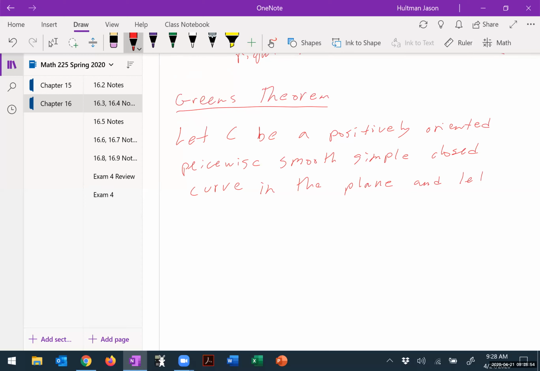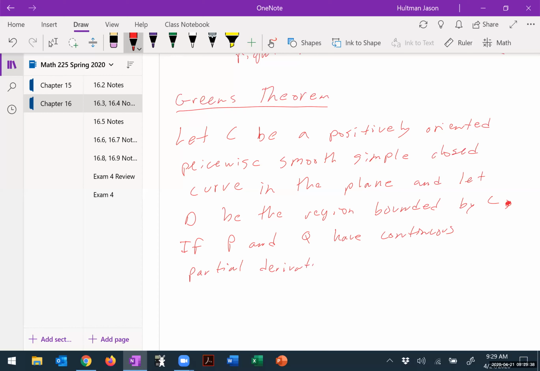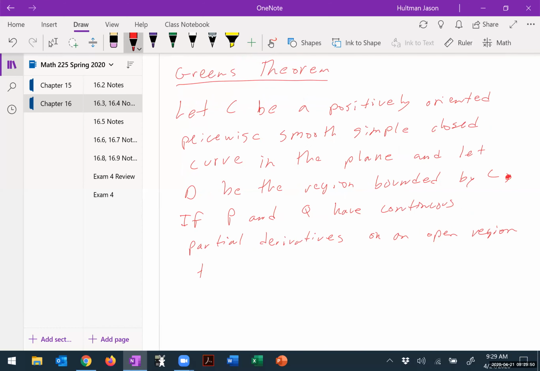And let D be the region bounded by C. If P and Q have continuous partial derivatives on an open region that contains D, then